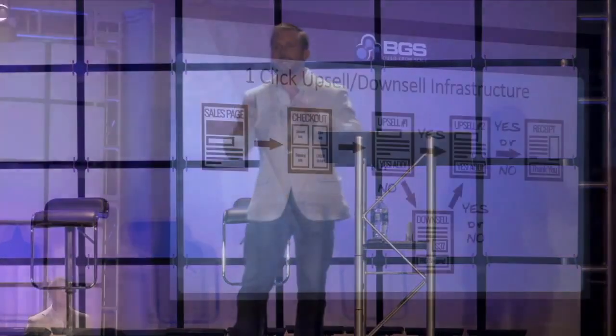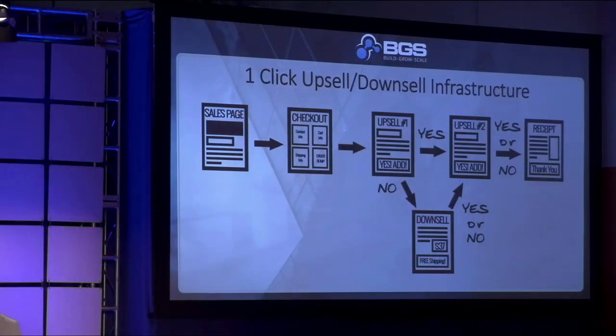So let's just talk about how this works. We've all seen it, but I want to make it clear as to how it works, okay? So you visit the sales page. You go to the checkout page. You enter your payment details. You click purchase. And the very next page you see is the first upsell that I want you to see. So it's the recommended product or the one-time offer or the special deal.